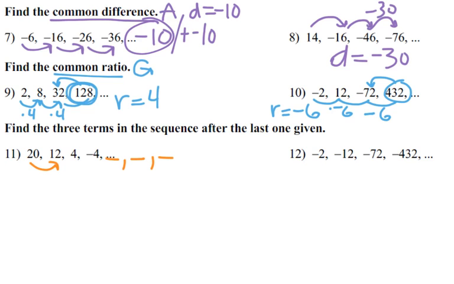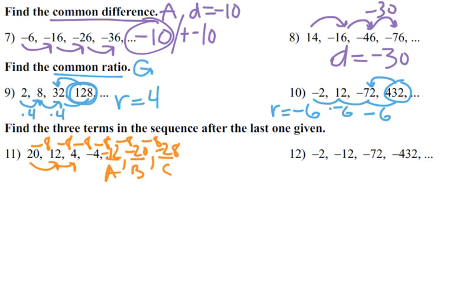So 20 to 12, 12 to 4. Always start thinking arithmetically. So 20 to 12, we subtract 8. If I subtract 8, does that get me to 4? It does. If I subtract 8, -4? Yep. So subtract 8 again. We get to -12, subtract 8, -20, subtract 8, -28, and there we go. There's our first, our second, and our third answer. For 12,